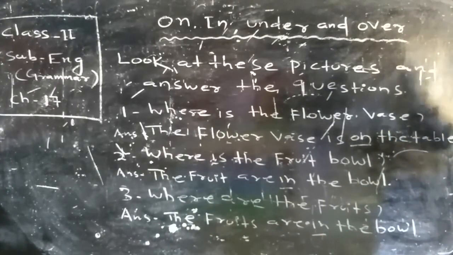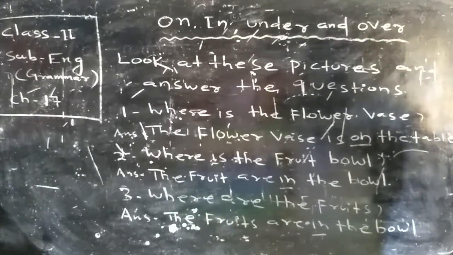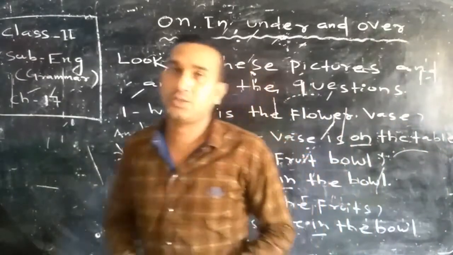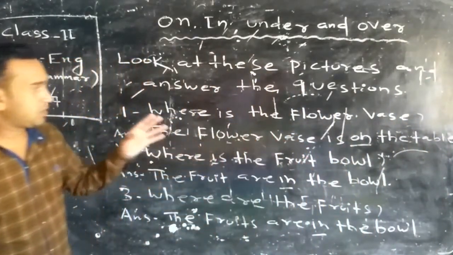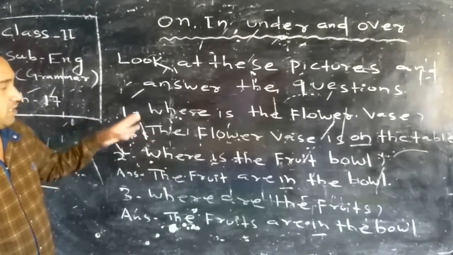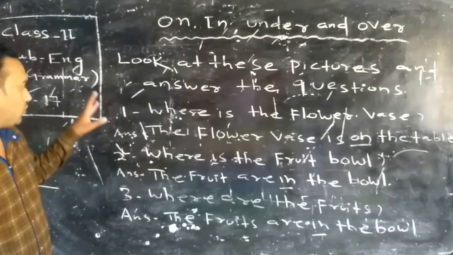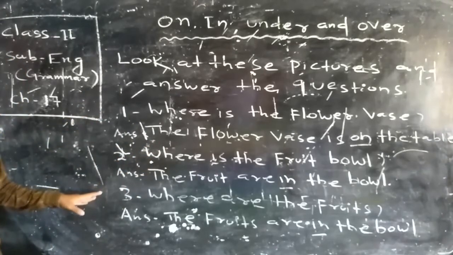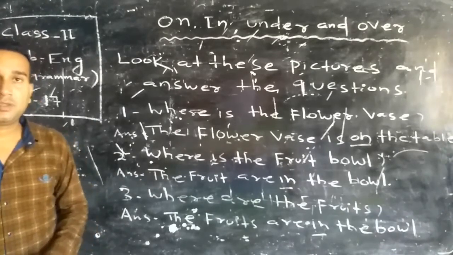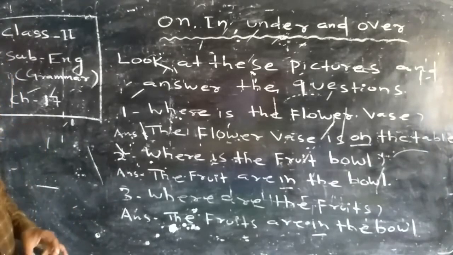So just write all the numbers 1, 2, 3 in your copy. The rest of the numbers you have to do yourself. It's very easy. Just use the correct place and correct words. First you understand the meanings, then the sentence, then do all the numbers easily. We have done 1, 2 and 3. Then the rest, 4 and 5, you have to do yourself. If you do not understand or have any doubt, then you have to contact me.